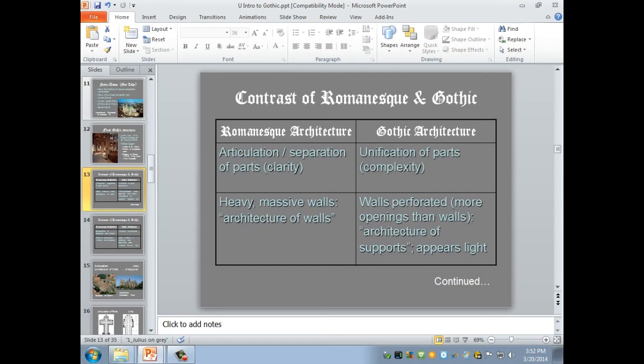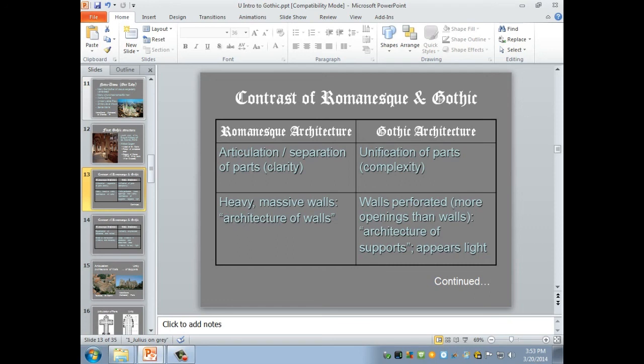With Gothic architecture, you may have all these parts, but they seem to be unified. And it's very complex. And part of that unification, I showed you a few minutes ago, the facade of Reims Cathedral. It's so covered with decoration and sculpture and tracery and all this decorative form that it might be hard to see the whole thing as a whole. It might be hard to pick out every single little part. And we'll also look at this in relationship to the plans as well.